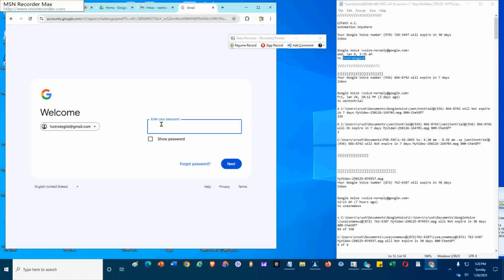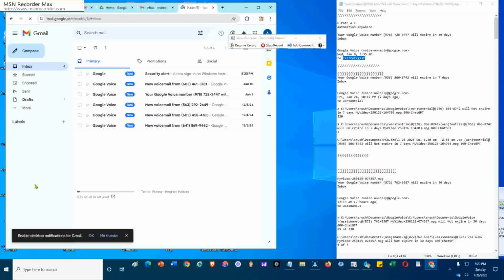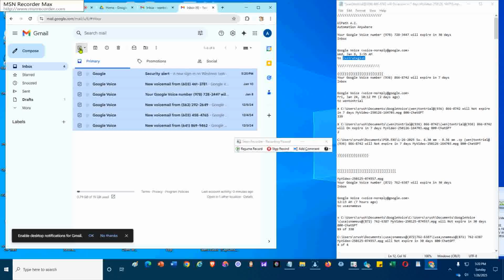Then type in the password. Then I want to delete all the irrelevant email that I got.